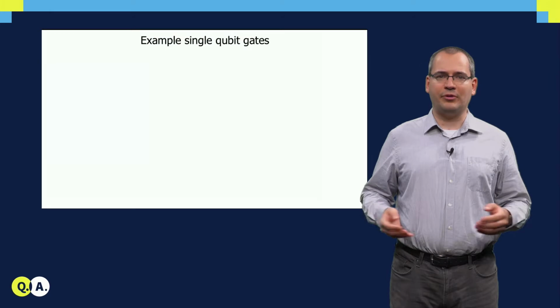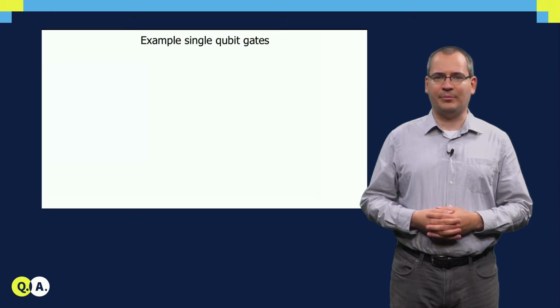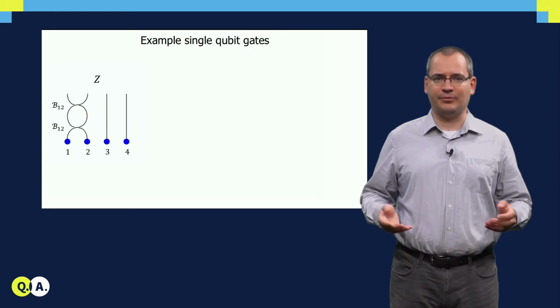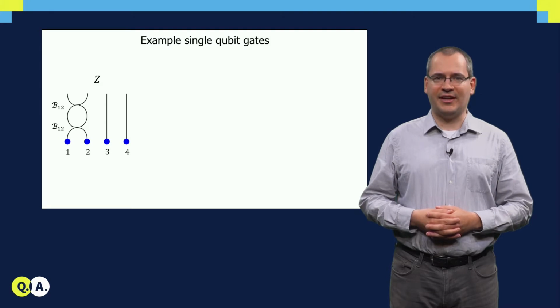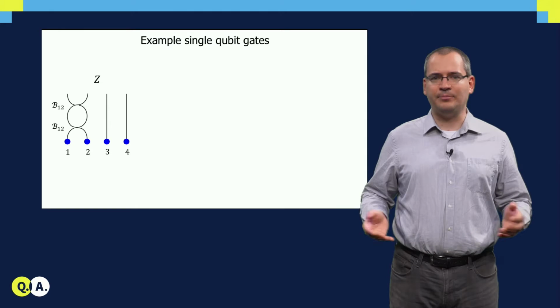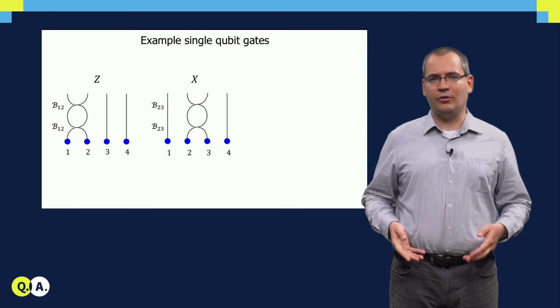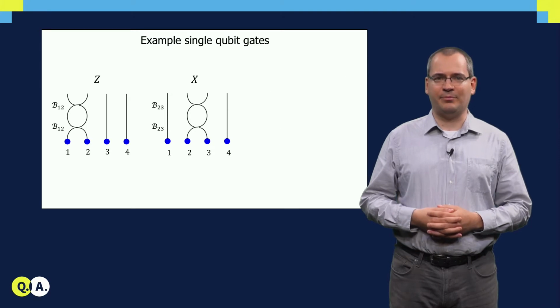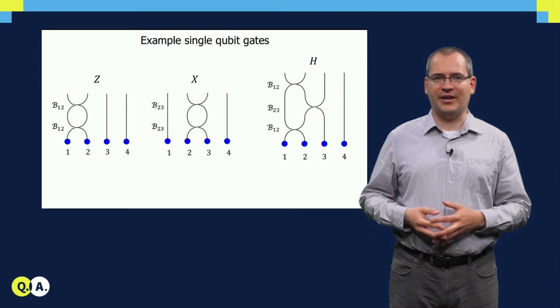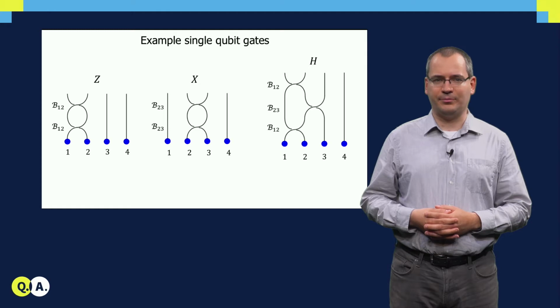Let's see a few examples, specifically for the Majorana bound states, which form Ising anyons. We can create a Z gate by exchanging a pair of anyons twice. On the same system, the exchange of another pair corresponds to an X gate. Or the Hadamard gate can be performed by sequential braiding operations on these anyons.